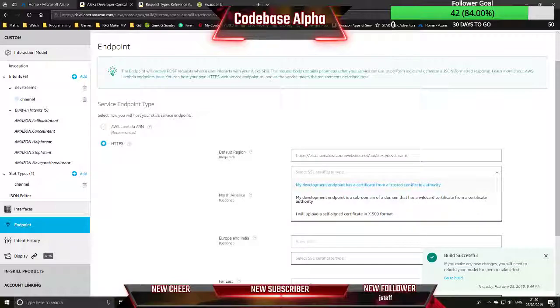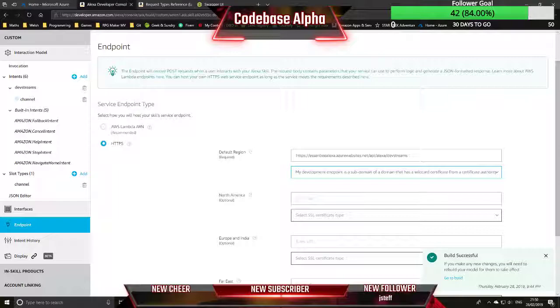So we need, I think it's going to be a subdomain of a domain that has a wildcard certificate from a certificate authority. I think that's what we need to choose because we're obviously being hosted by Azure. Could Alexa be clever with part of the word? Well, that's something we're going to have to find out. That's really something we can do by experimenting and also making our web API smart in the way it uses what comes back in the slot